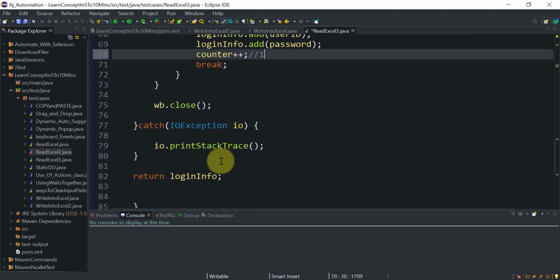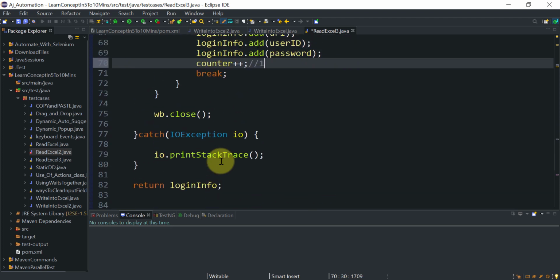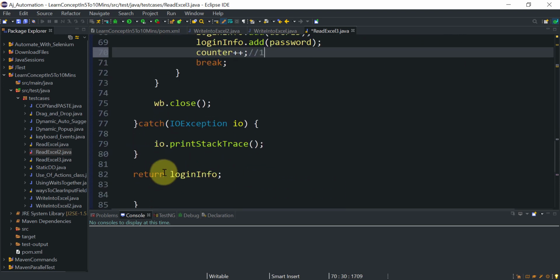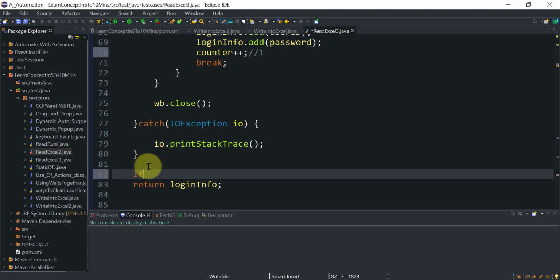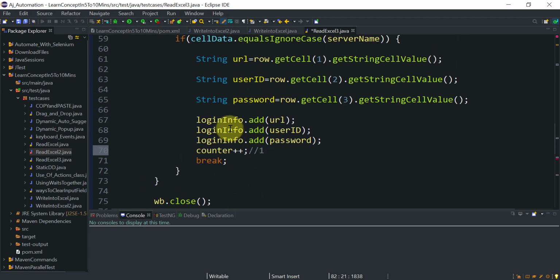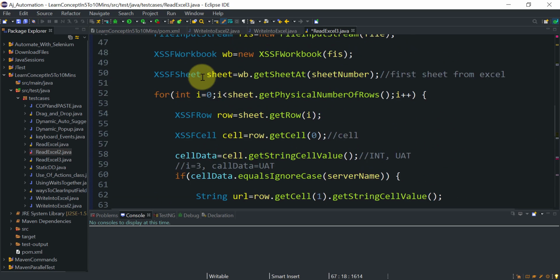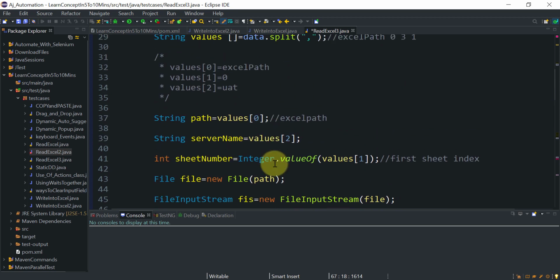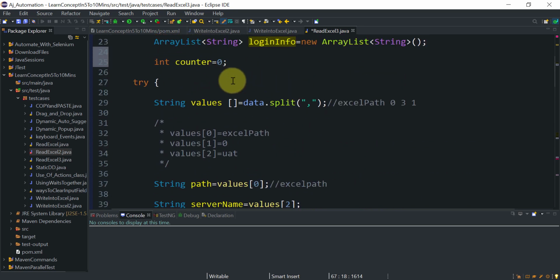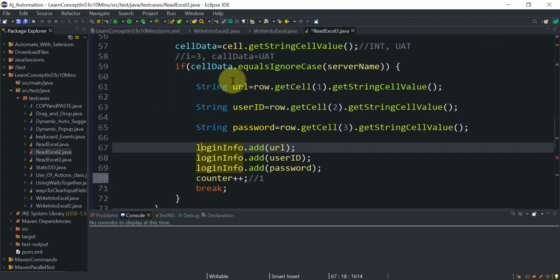At the end, here, before returning, I will check if counter equal to 0, meaning the counter remains as it is. Our control never goes into this if block as the server name is incorrect. I have initialized this integer counter variable to 0, so it will remain 0 if our control never goes into this if block due to an incorrect server name.